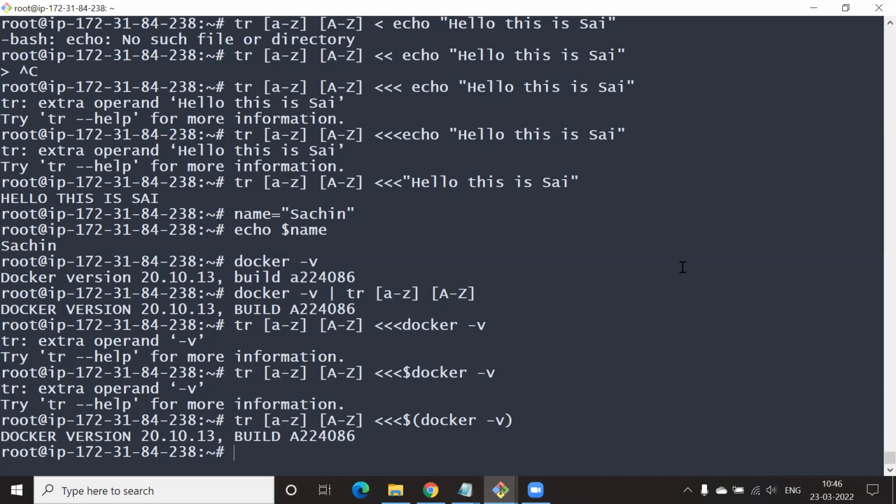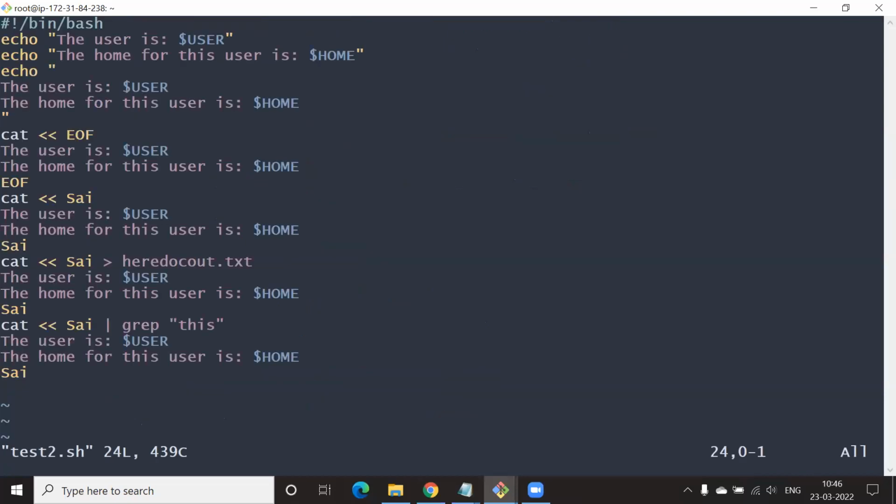We'll try a few more things here. Let's go back to where we had test2 or test3. Open that file. I'm going to send you this one. vi test2.sh. Put this in.